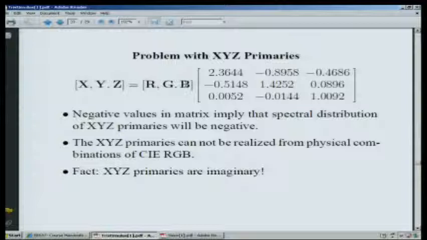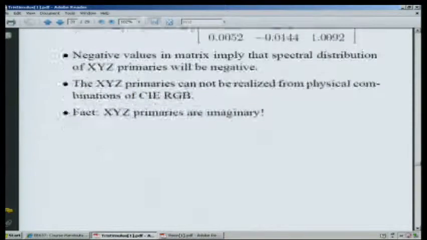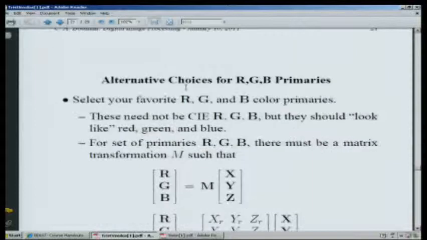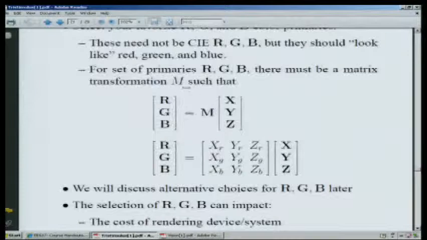But if you make a capture device, the capture device for those primaries is going to be a problem because it has to have negative response in certain spectral ranges. So there's a trade-off. You can capture in XYZ, but you have to convert to RGB when you want to display. Okay, now, in order to have a better understanding of why all this happens,